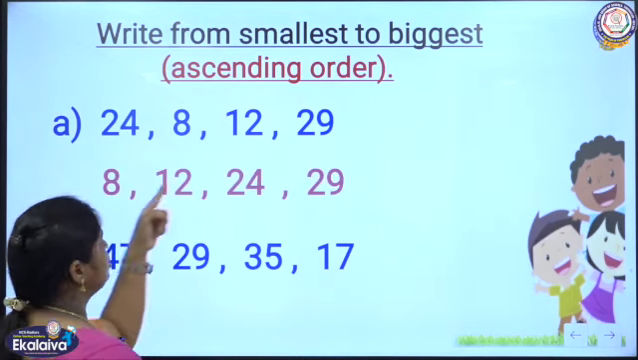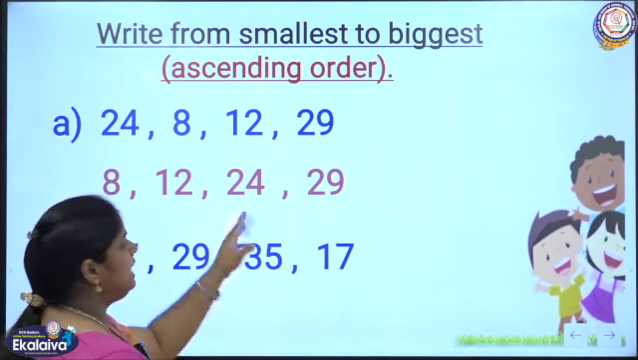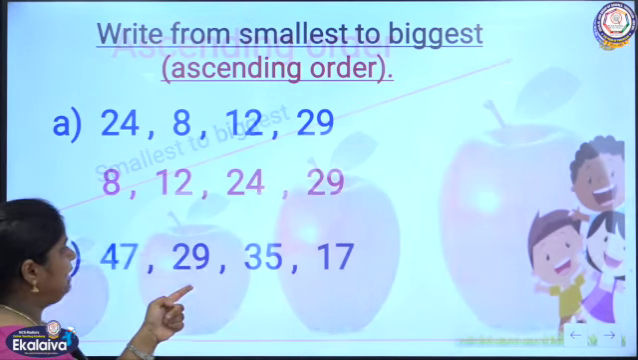So, 8, 12, 24, 29. Okay, this is the answer. See the next sum, 47, 29,